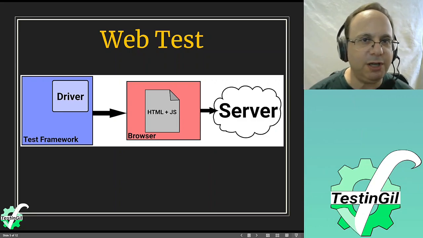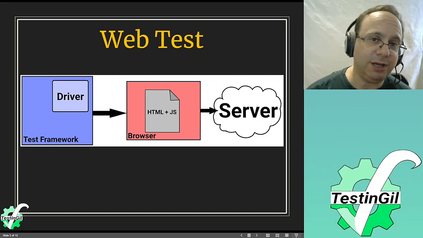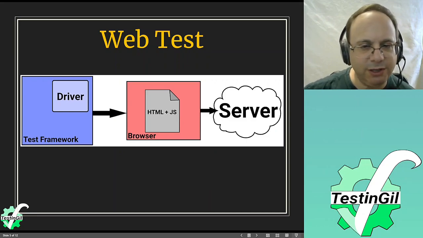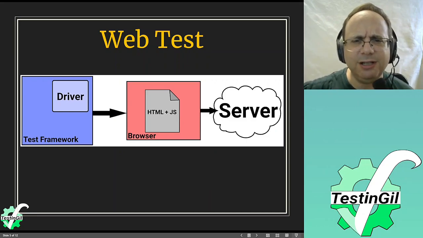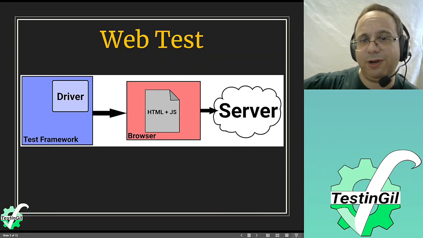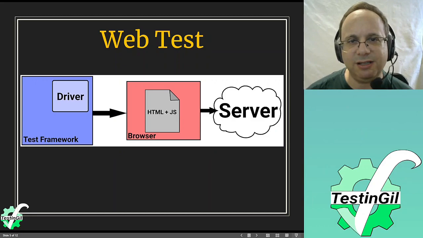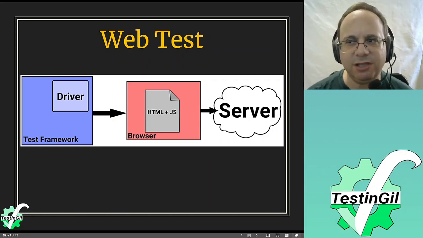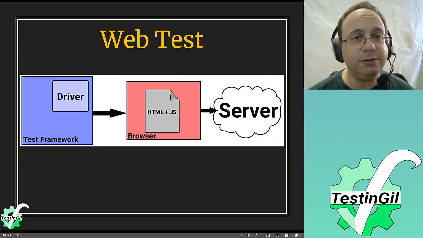Navigate, load pages. The pages are made of JavaScript, obviously, and HTML, regardless of how it was written. So if the site was written with React or something else, you don't care about that. And Playwright doesn't care about that either. And whatever is running on the back end, again, it doesn't matter. It does a bit. We'll talk about that in a minute. So the driver talks to the browser and tells it, find things on the screen, click them, fill them in, stuff like that. If you've worked with web automation frameworks before, like Selenium, the idea is very similar. There are a couple of upgrades, including speed.